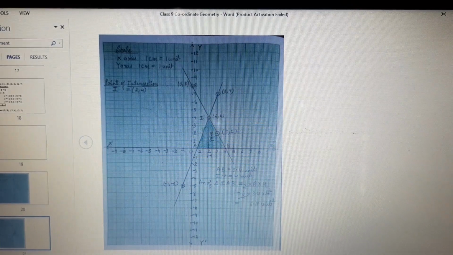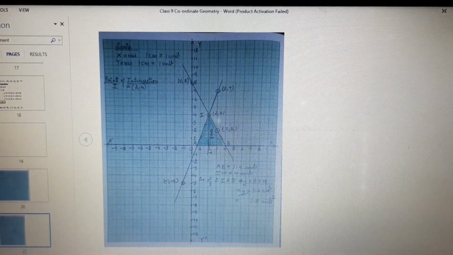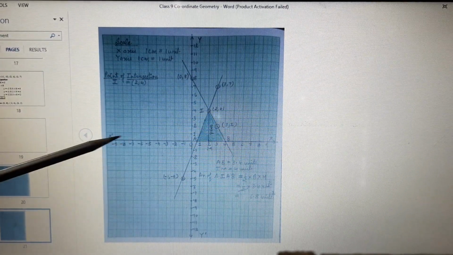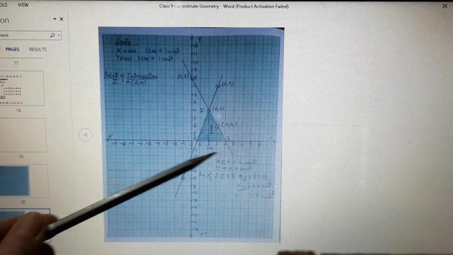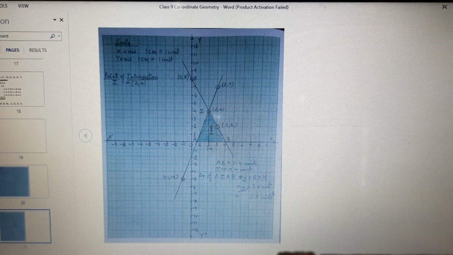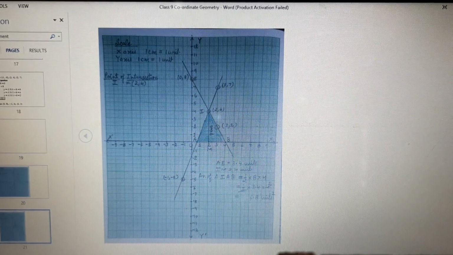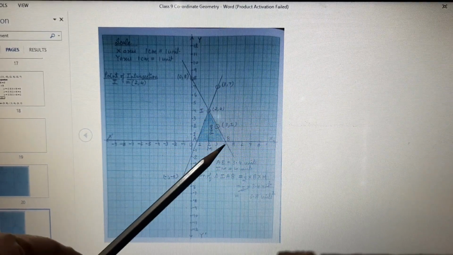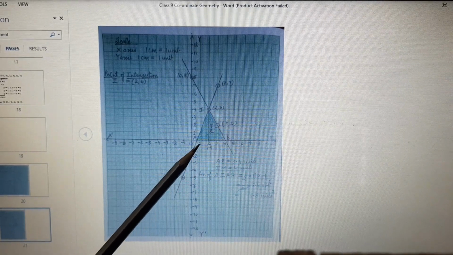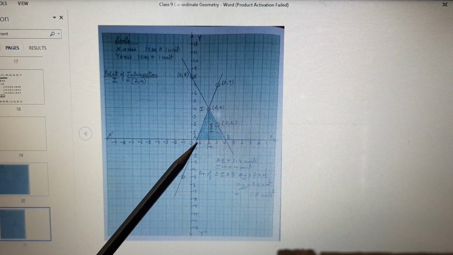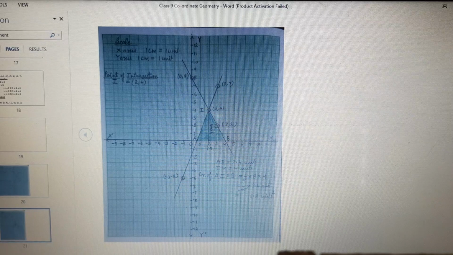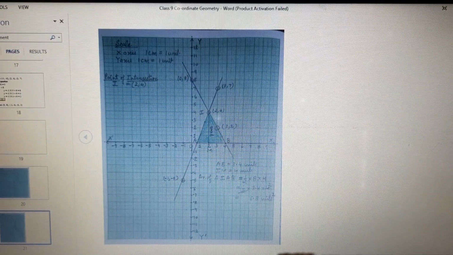Now we have to find out the area of the triangle which is formed between these 2 lines and the x axis. So this is the base. It is not shown very clearly here, but if you do it on your graph paper, the base will come from 4 to 3, 1 unit, 3 to 2, 1 unit, 2 to 1, again 1 unit, and then 4 small blocks. So it becomes 3.4.